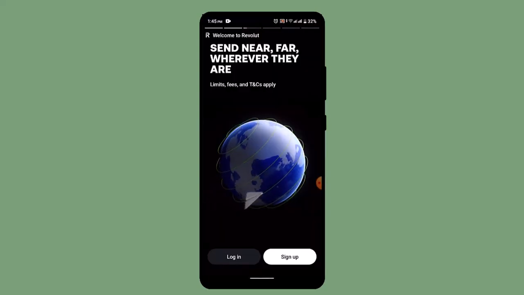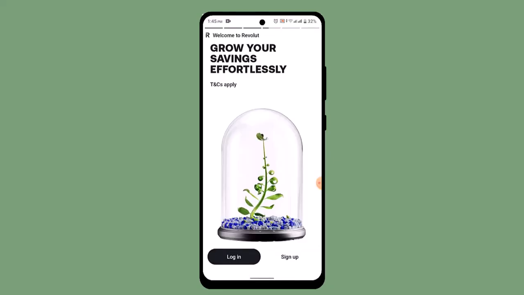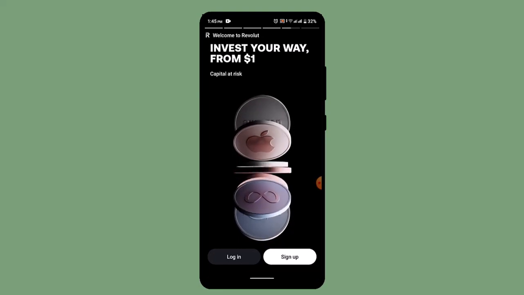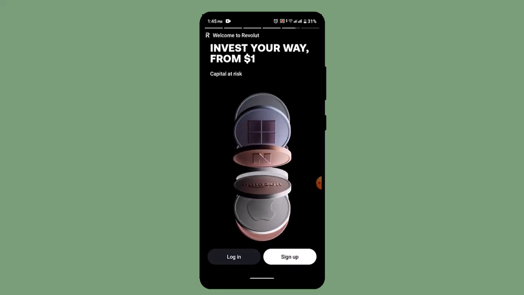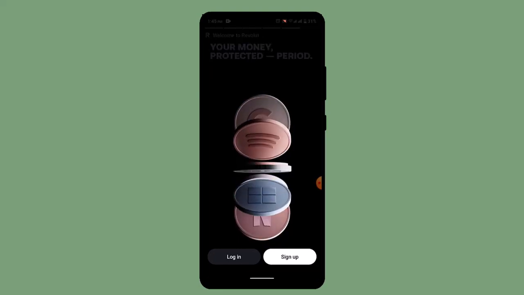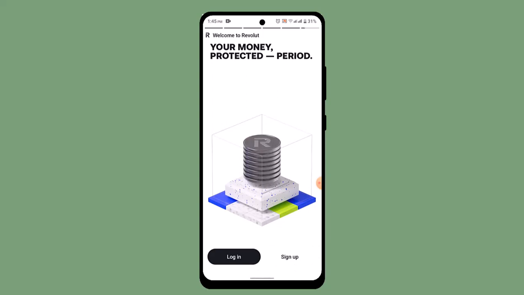As soon as you do that, it's going to take you to the notification page, and over there you'll be able to find a list of notifications stating that somebody has sent you money, in order to accept it, or if somebody is authorizing your access. So if you tap the bell icon, you'll be able to find all sorts of things, and in order to accept it, tap the accept button or just tap the authorize button, and that's basically how you